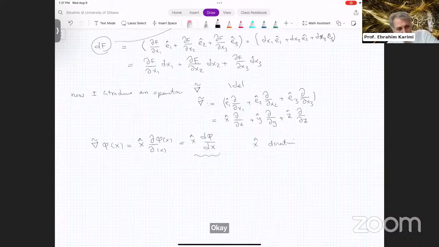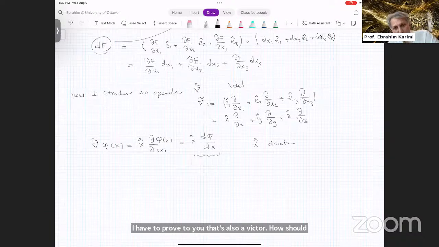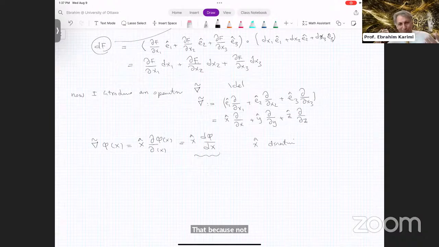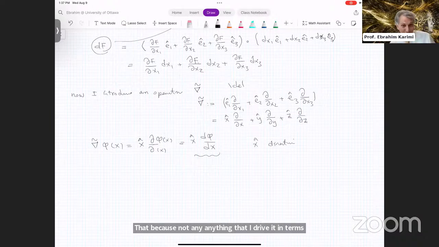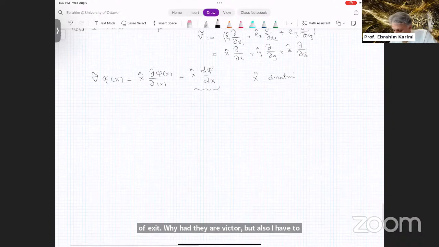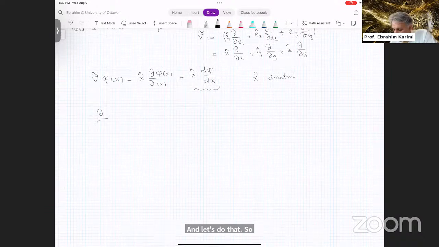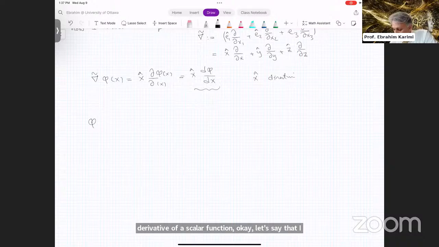I have to prove to you that's also a vector. How should I prove that to you? Because not anything that I derive in terms of x hat, y hat is a vector. I also have to show that upon rotation, they transform in a specific way. Let's do that. Assuming that I have the derivative of a scalar function, let's say a scalar function phi, and this scalar function is a function of x, y, and z,